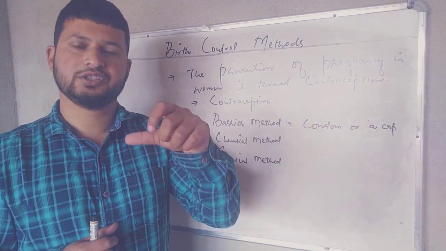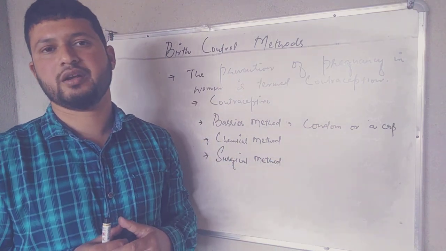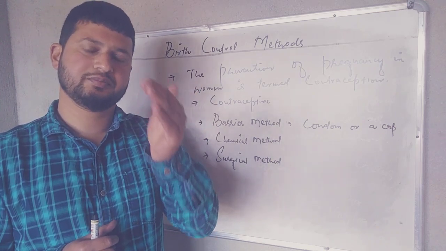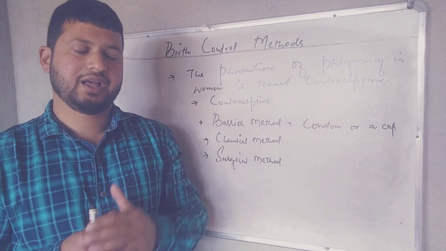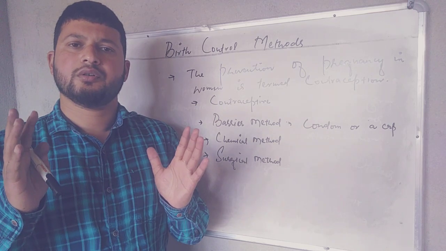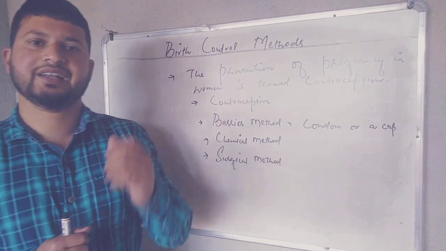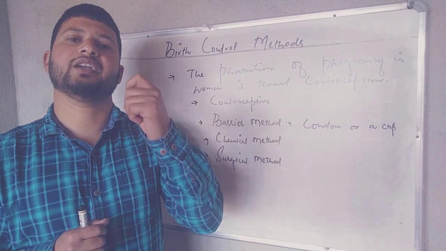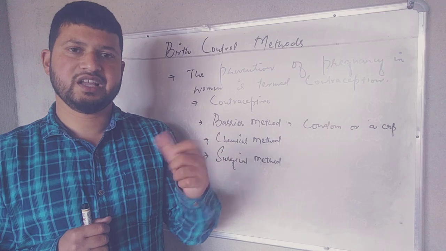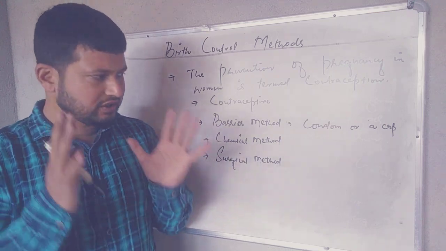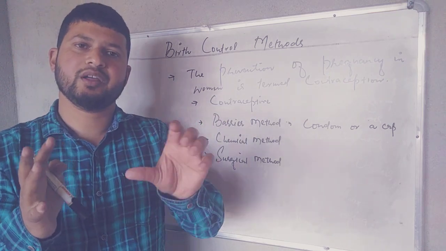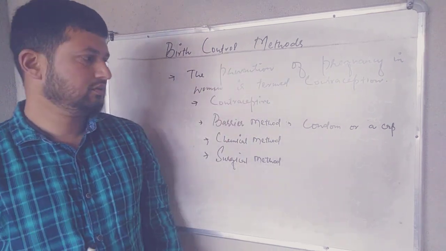The cap is introduced by females into their vagina at the cervix to prevent the fusion of the sperms with the eggs. The condom is of great benefit as it protects a person from getting sexually transmitted diseases, that is gonorrhea, syphilis, AIDS, and no other methods of contraception prevent a person from getting these